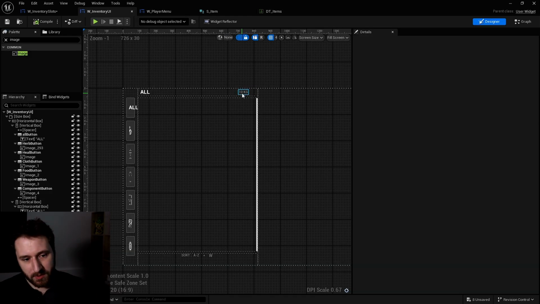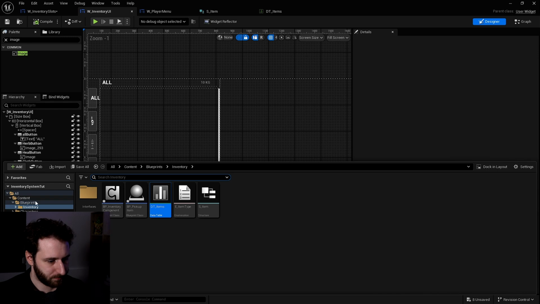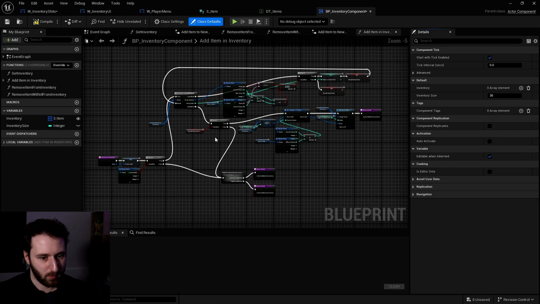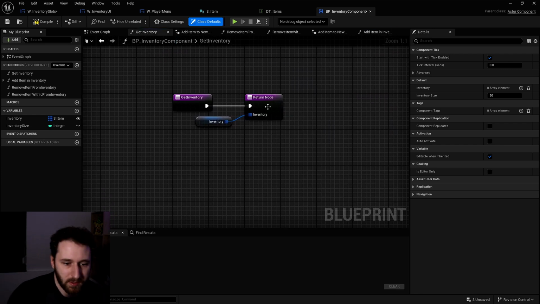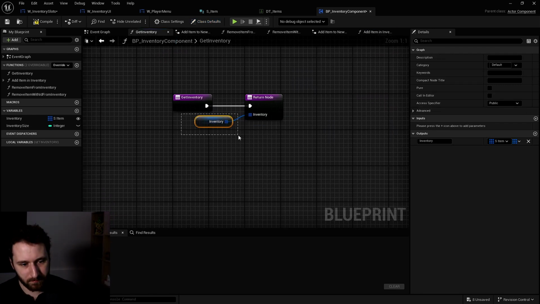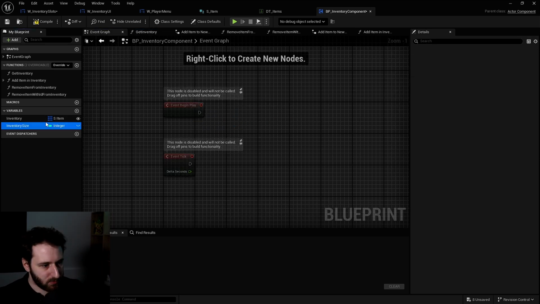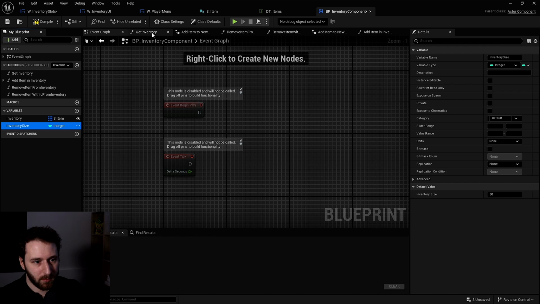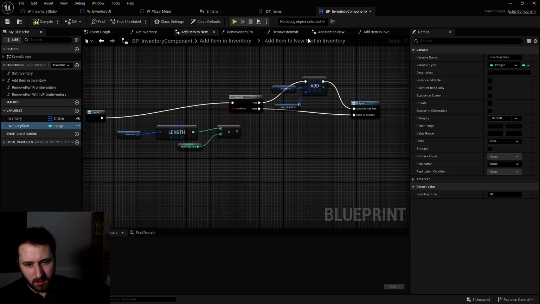We'll see that when we calculate the weight. And so this weight will be calculated by the inventory component. So we have our inventory component in here. For example, when we ask to get the inventory, in here we will send the inventory. This is the full inventory. And we will also show the weight of our inventory because we will save it. But first we will remove the inventory size because we don't care anymore. You can keep it if you want. Us, we don't really care now.